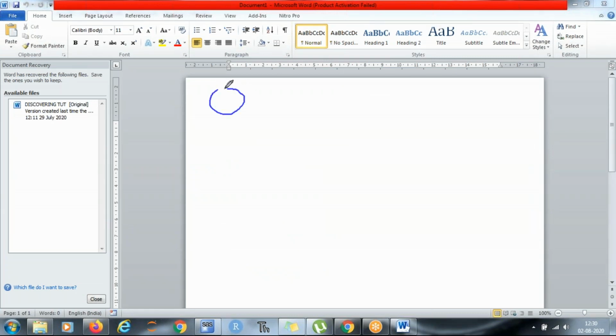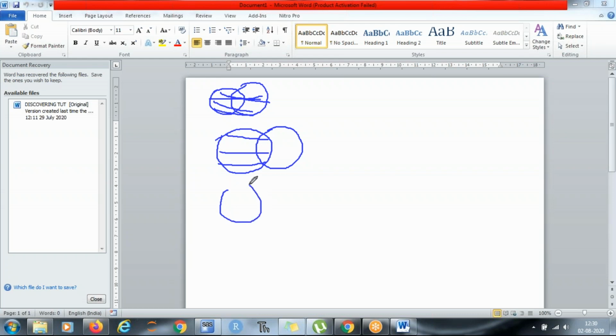So full join is this, right? Left join is this. Left outer is this.